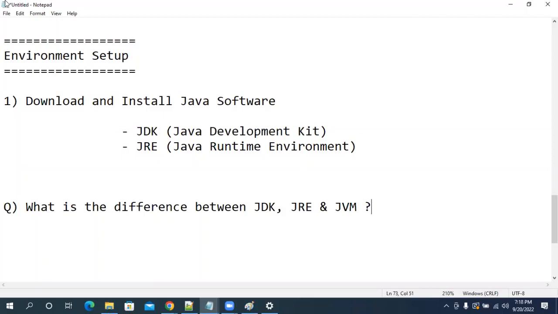Right. Now, I am a programmer. Now I am going to install Java. I will develop the program. I will run the program and I will see how my program is executing. So I need both JDK and JRE. Why do I need JDK and JRE? Because I am a programmer. I need to develop the program.